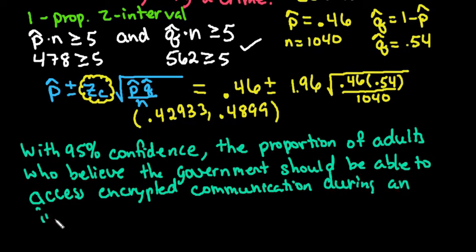This is kind of a long one to write out. And a lot of times when you're explaining this, you want to make sure that anybody can understand it. So with 95% confidence, the proportion of adults who believe the government should be able to access encrypted communication during